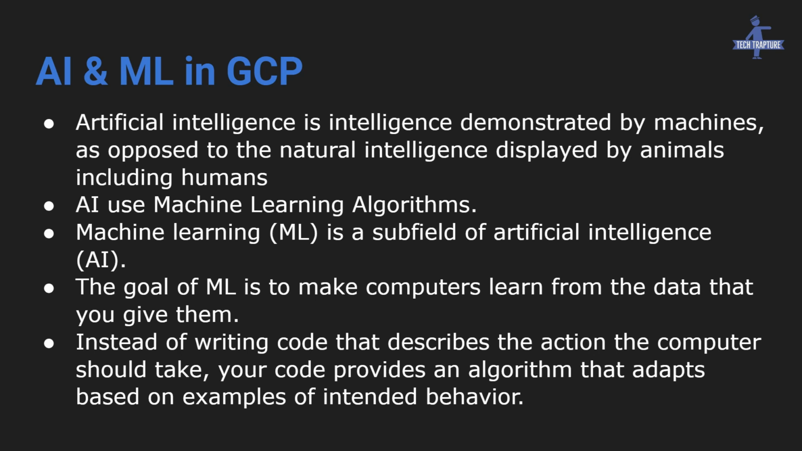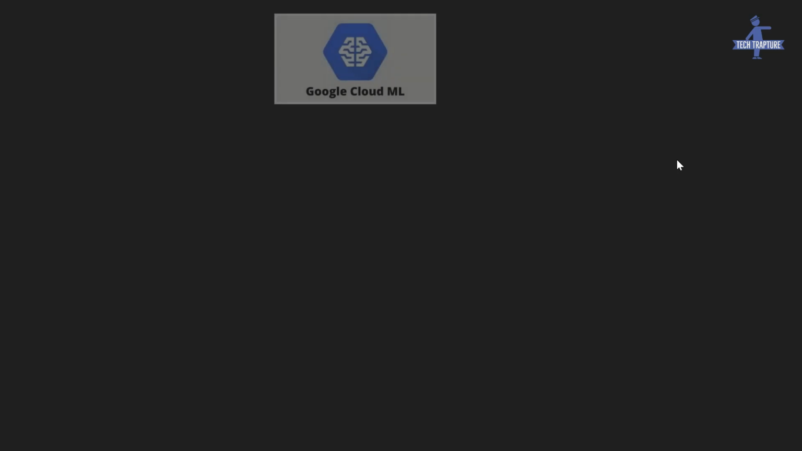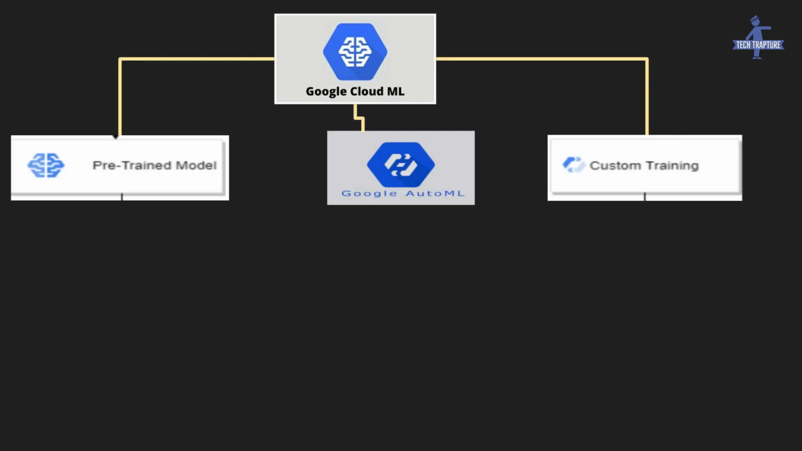So how can we build or train this model? First we'll concentrate on AI and ML in GCP. Google Cloud machine learning services are defined in three categories. First is pre-trained models, second is Google AutoML, third is custom training. In pre-trained models, Google has already created some machine learning models and already trained them using Google data and Google infrastructure, and we just need to use this API in our project